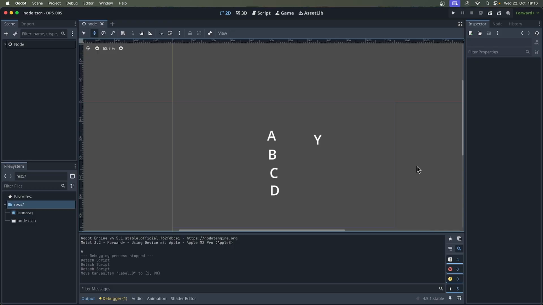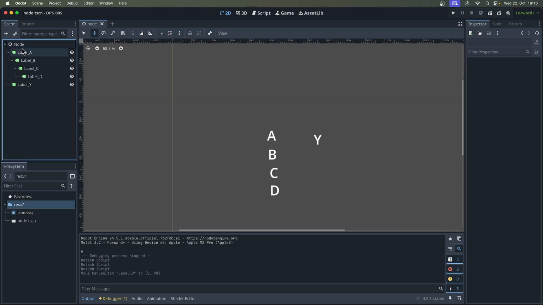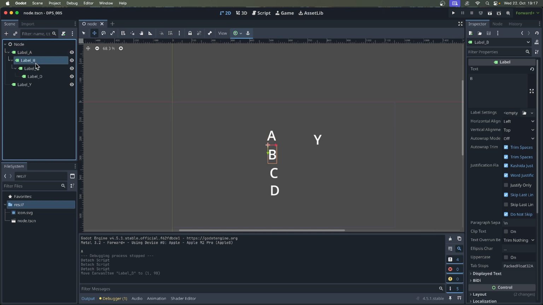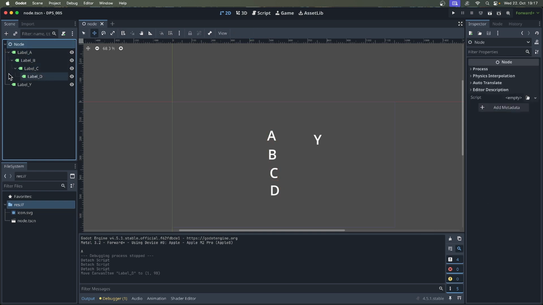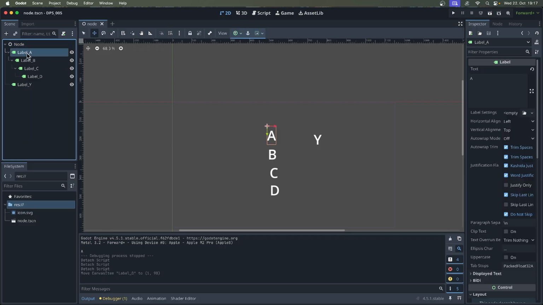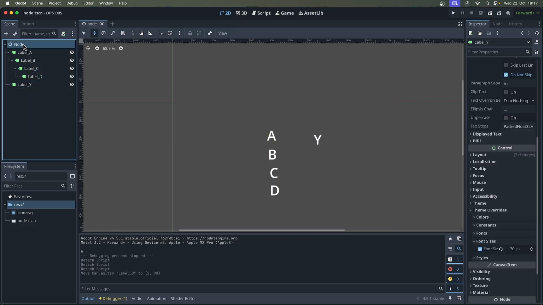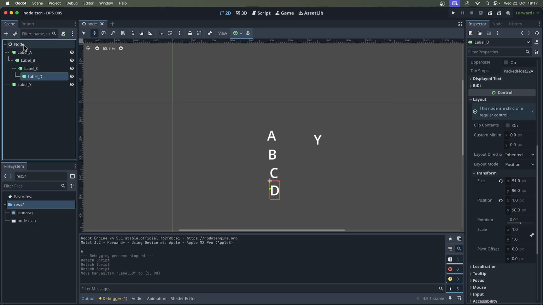Welcome back to this daily practice session where we are going to learn how to access node properties from other nodes. What I mean by that, we will clarify right now. Let's start. We have a scene this time with a lot of nested nodes. This is called the scene tree, and the scene tree is composed out of nodes, as you can see here. So those are basically all label nodes, but a scene tree can be composed out of every node you can